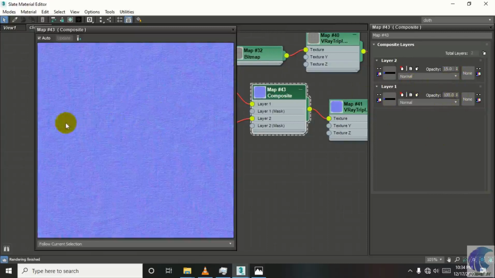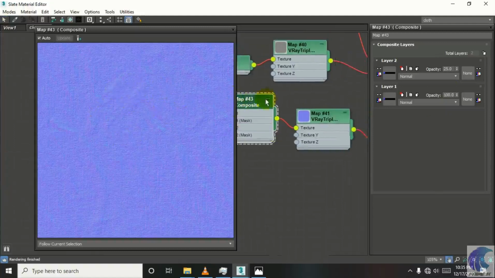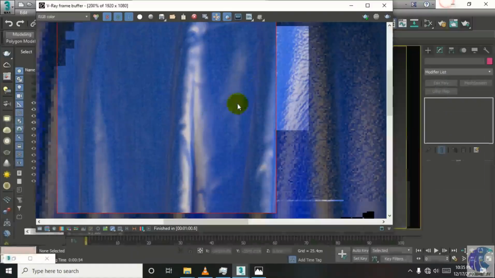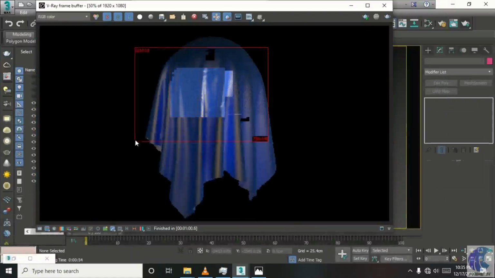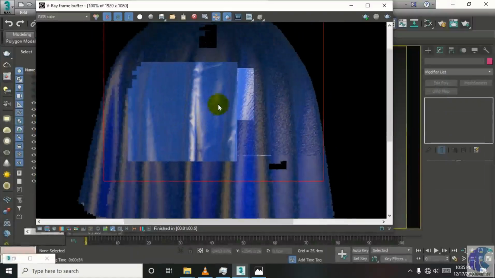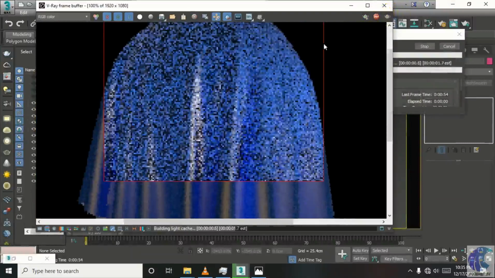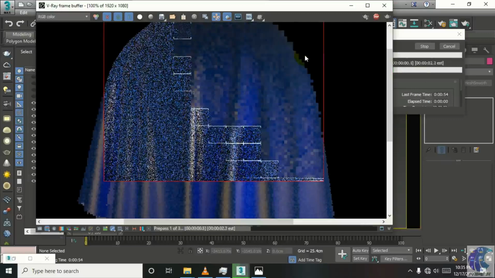Now look at this, there are no wrinkles. Now for wrinkles, we will use 25. Now the wrinkles are more visible, but now we have to check this result, what we have got. Now render it.